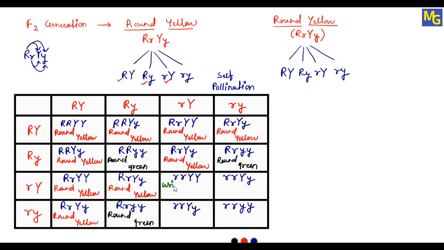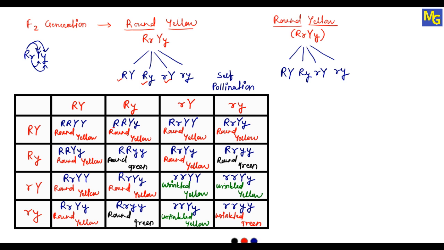It is wrinkled. So I'll write wrinkled. But Y is capital. So it is yellow. This is also wrinkled. But there is a capital Y. So it is yellow. This is also wrinkled. But here Y is capital again. So this is yellow. And if you focus on the last one, it is small r means wrinkled. See, it is wrinkled. But small y means what? It is green. And like this, we have written the physical character by seeing all the dominant and the